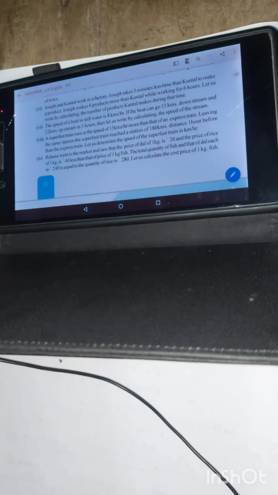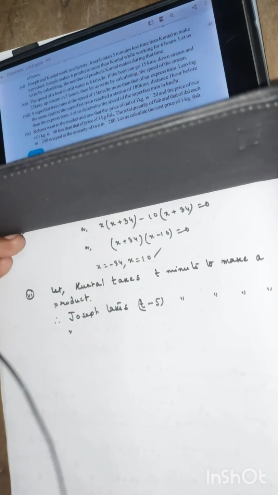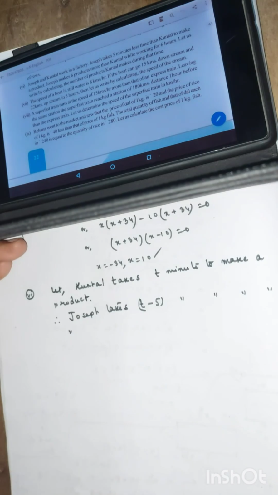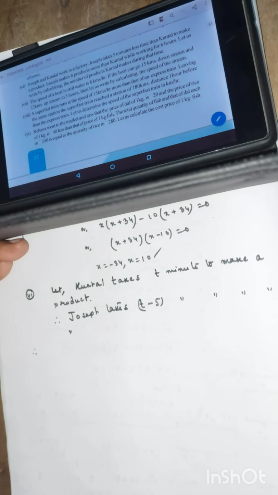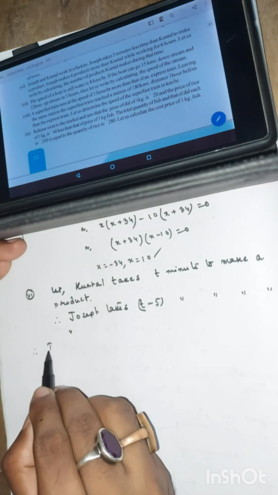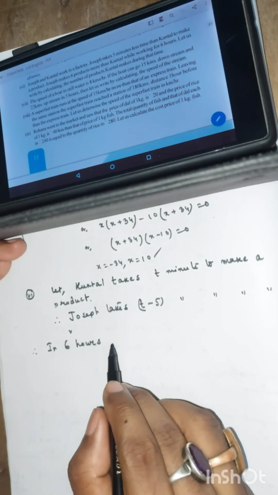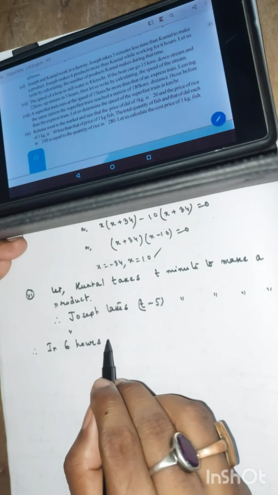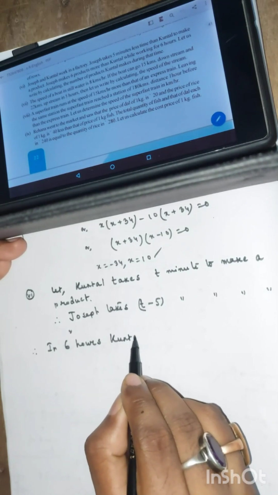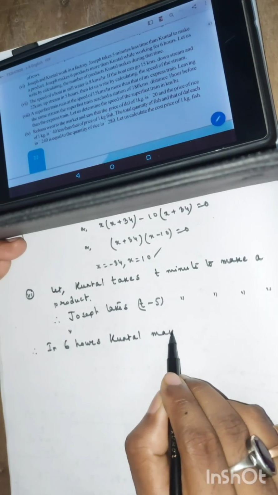Okay. Now therefore in 6 hours Kuntal makes